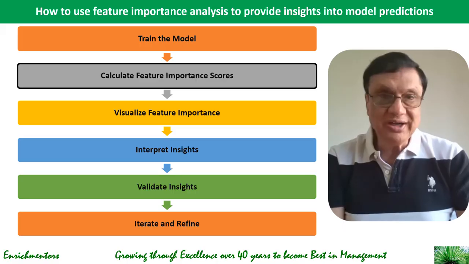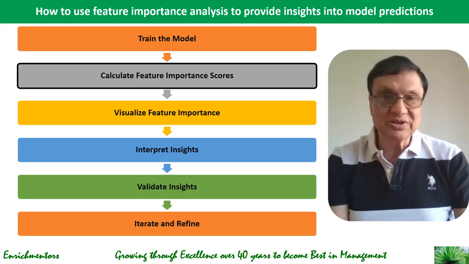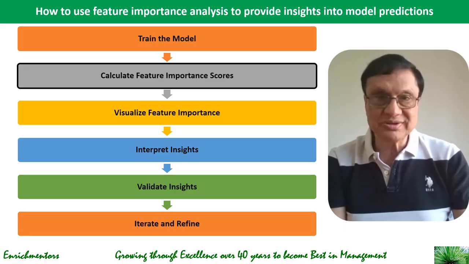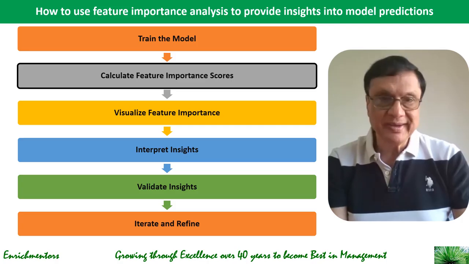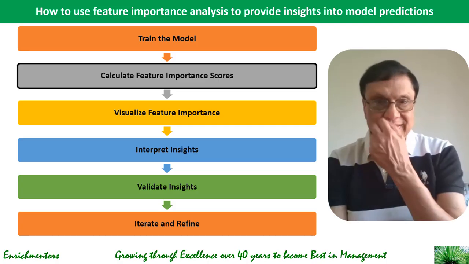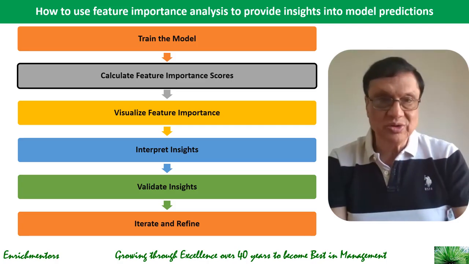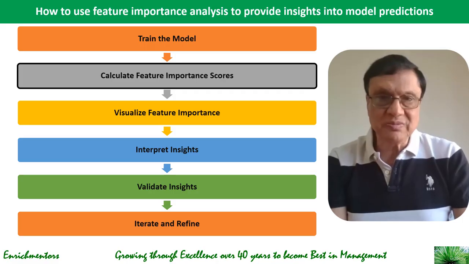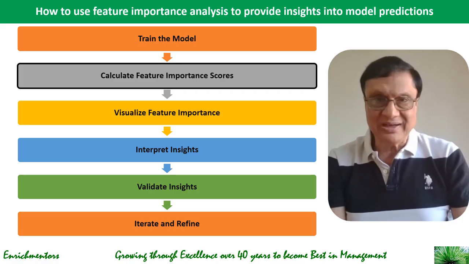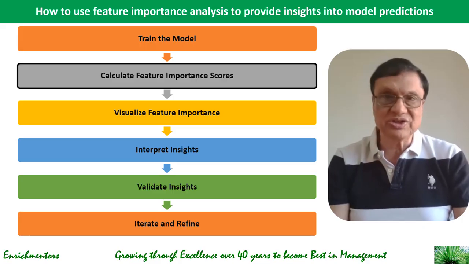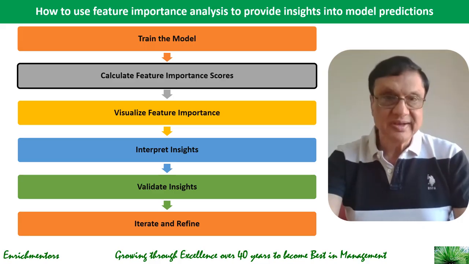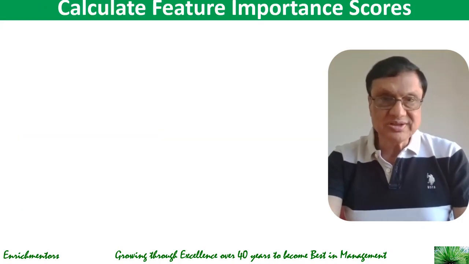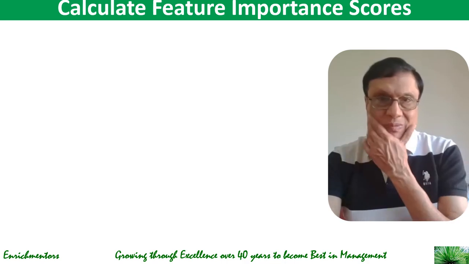So we have looked at in the last three lectures the first step of how to use feature importance analysis, of training the model, and now we are ready to look at the remaining steps. So we'll start looking at how you can calculate feature importance scores to use feature importance analysis and provide insights into model predictions. Any thoughts? What you need to do is, after training the model, calculate